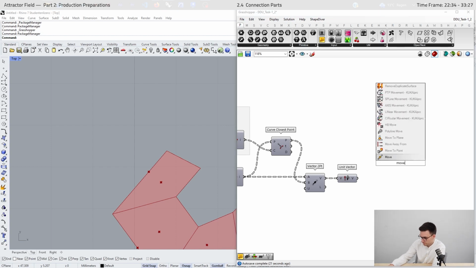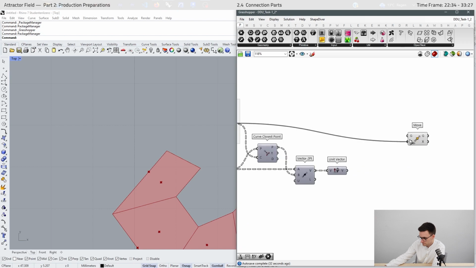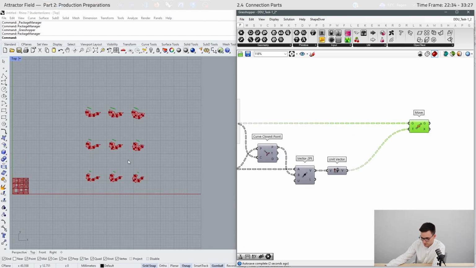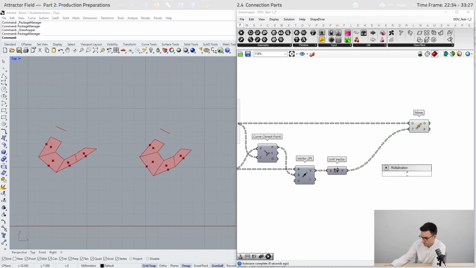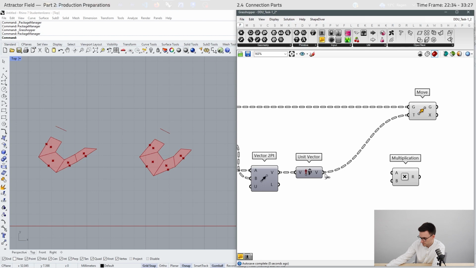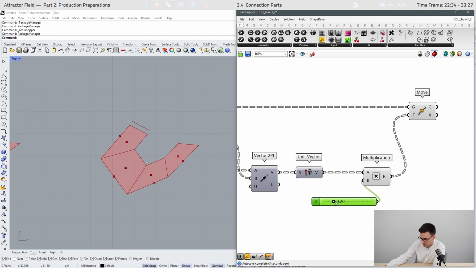Now we can move our edge. Okay, now we moved all the edges and we can control this with the multiplication component. Now we can control it, okay.